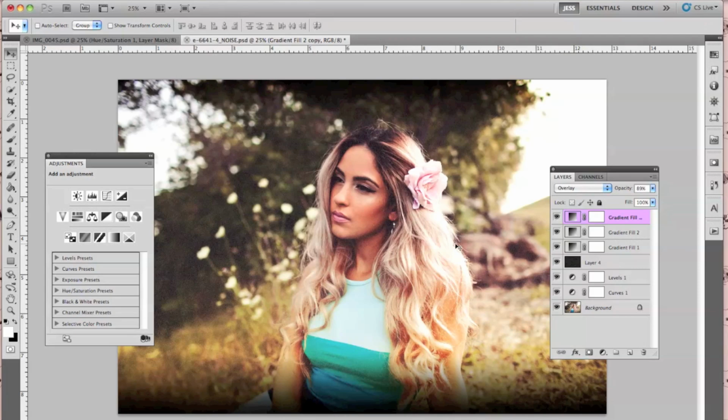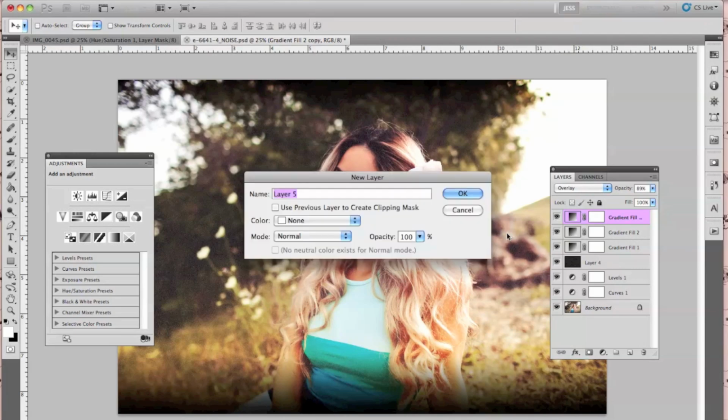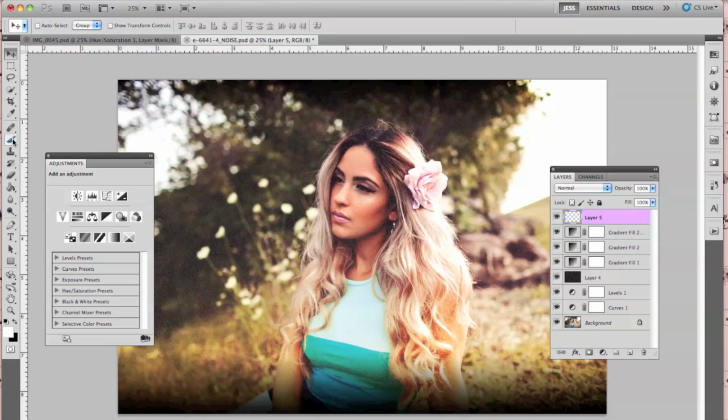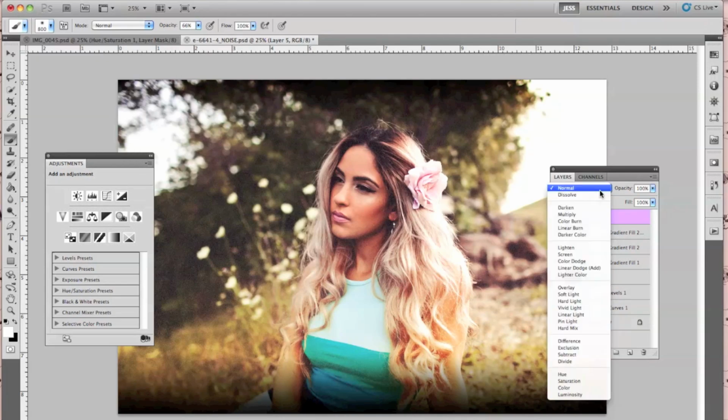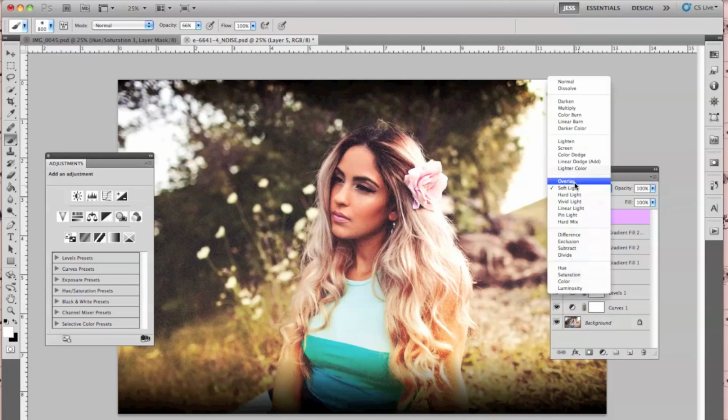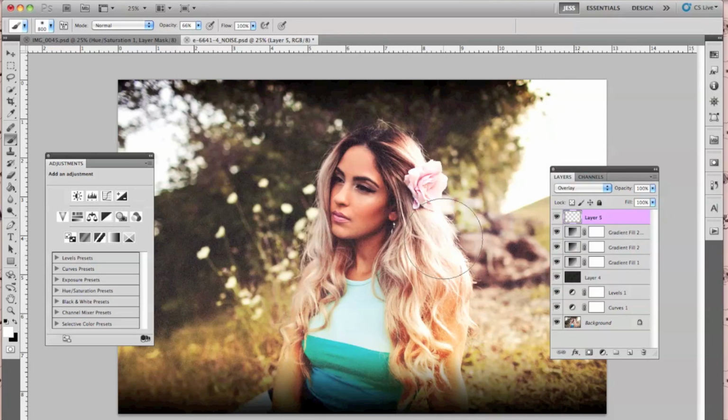The next thing that I want to do is make a new raster layer and add some areas of overexposed color. So I'm going to keep it white. Just use a simple paintbrush and then a default round brush. And I'm going to go from normal to overlay. And I'm just creating some overexposed, like when you just really don't know how to take pictures and everything comes